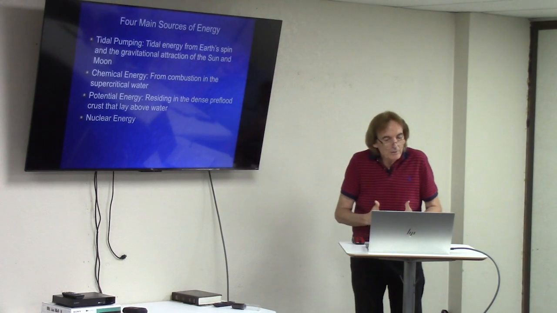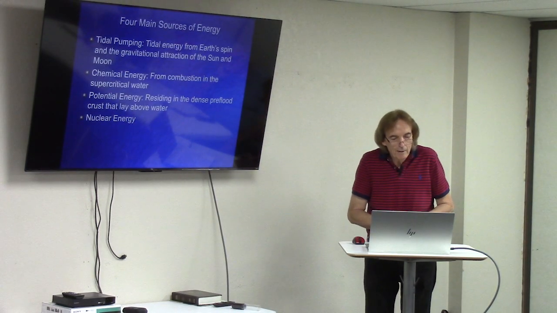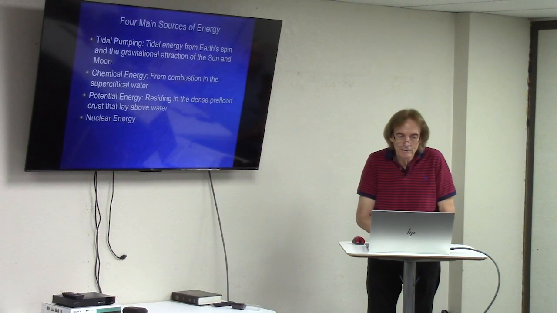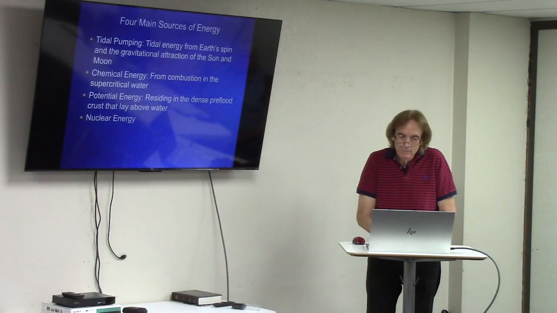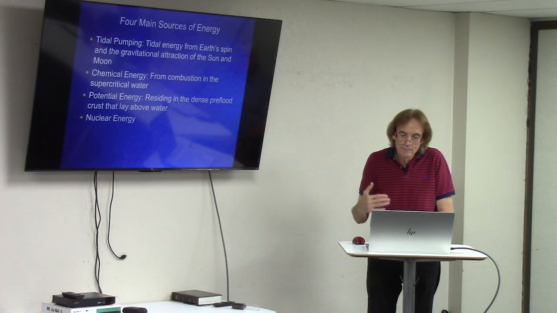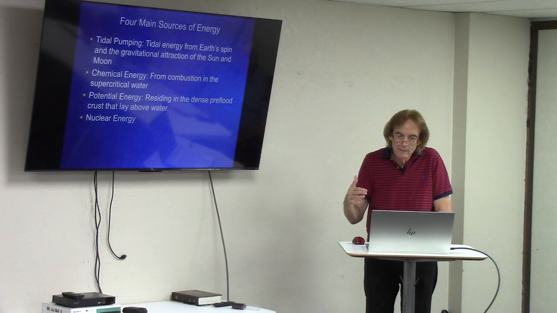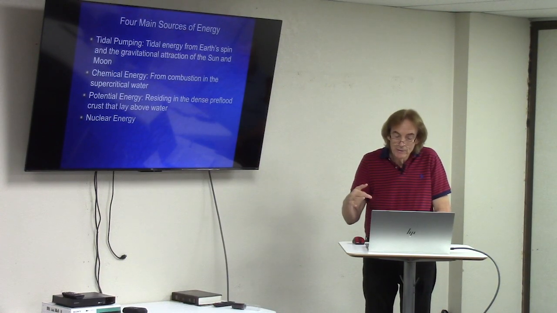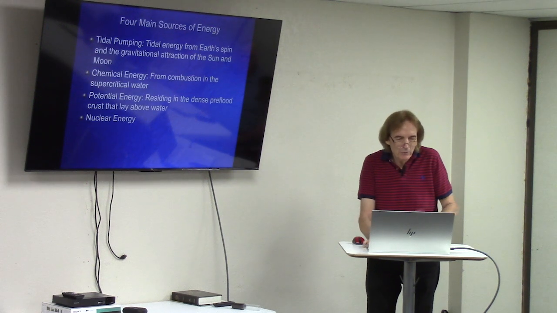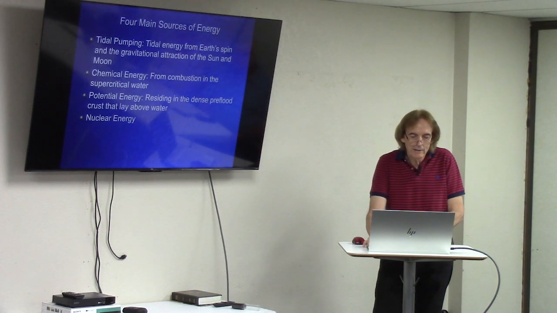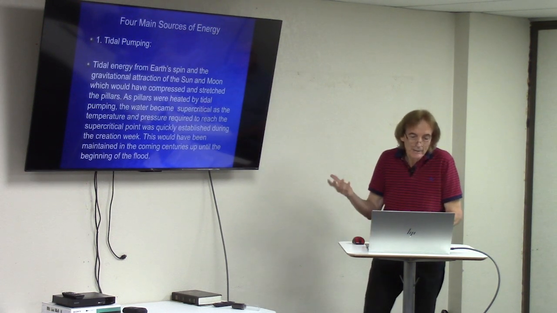Then we also see that there's chemical energy. Chemical energy comes from combustion in the supercritical water. And then we also have potential energy, which is basically residing in the pre-flood crust and the weight of that crust on top of the water. So there would have been a tremendous amount of energy because of that. And also nuclear energy. So we want to just look briefly at these 4 key energy sources. So again, tidal pumping we covered,